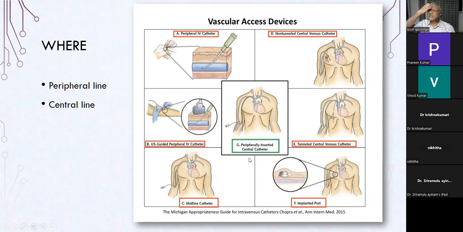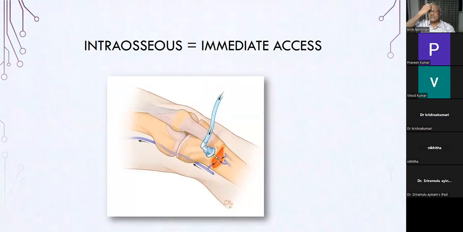And we need to immediately resuscitate a patient. We'll go for the intraosseous route, which is an immediate access. Yeah, it is very uncommon in adults to have to do that. Sometimes it's done in babies. Yes. Okay, intraosseous route. It is there to be described, but today, even in a collapsed patient, getting a central